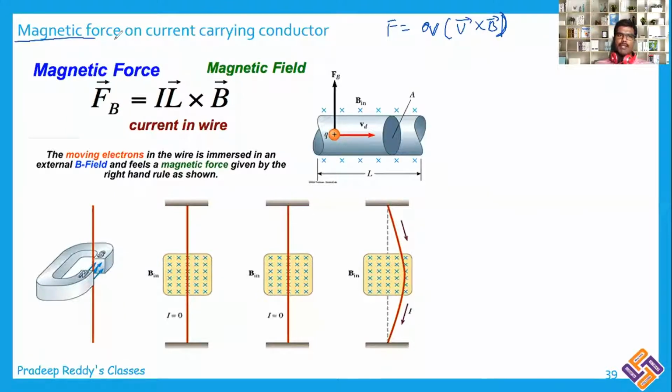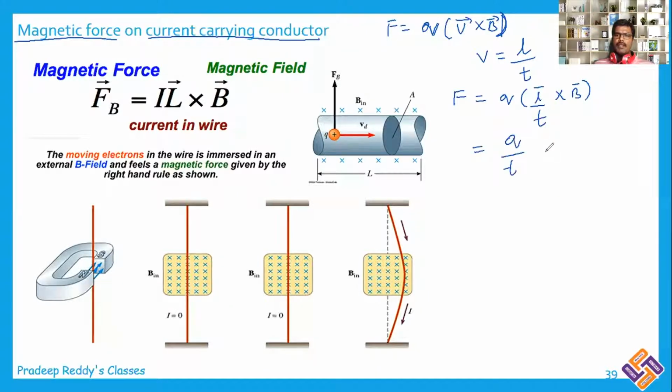So we are now finding the magnetic force on a current carrying conductor. Let me consider that this current carrying conductor has some length L. Therefore, the velocity of the charged particle, I can write it as the total length traveled divided by the time taken t to cross that wire. So I will substitute that over here. F is equal to q into L bar cross B bar divided by the time taken t. It is q by t into L bar cross B bar.